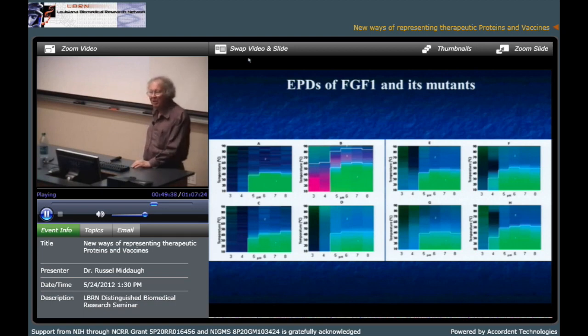I won't say it failed in the clinic, because it worked in the clinic for Merck, but they decided it wasn't worth developing. It basically enhanced the growth of diabetic foot ulcers. You rub it on in a cream that we developed, and it would speed up that healing. But it turned out there was a big placebo effect, that people don't take care of their foot ulcers, and all these people in the clinical study started taking care of them. So 30% the placebo worked, and about 60% with the growth factor worked. I thought it was enough to develop the protein, but Merck thought it wasn't, and I didn't go forward with it.